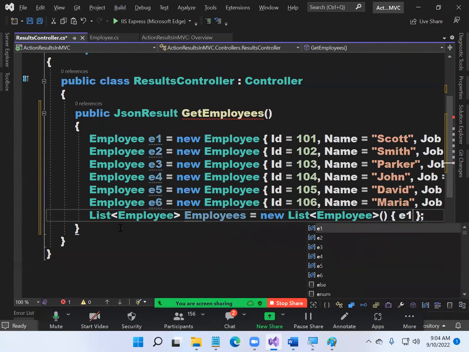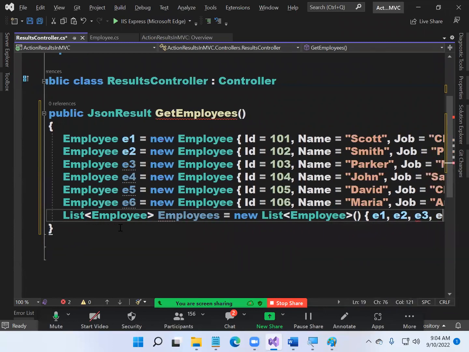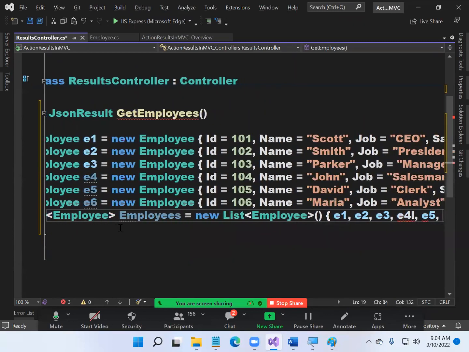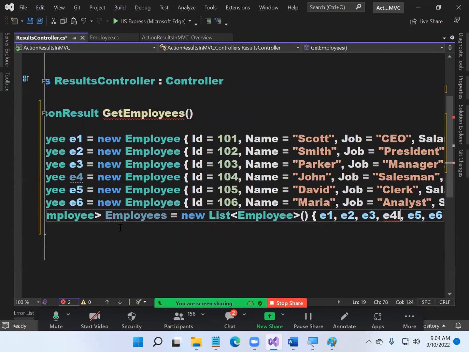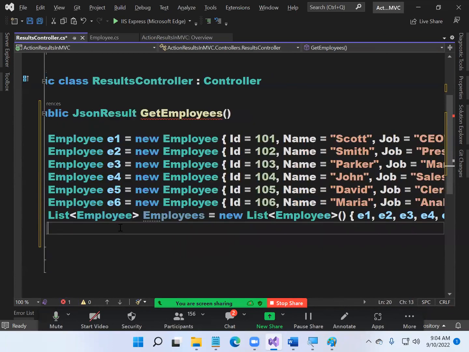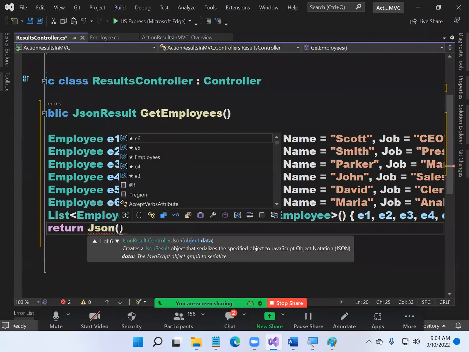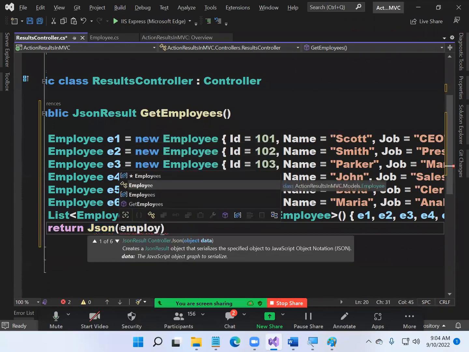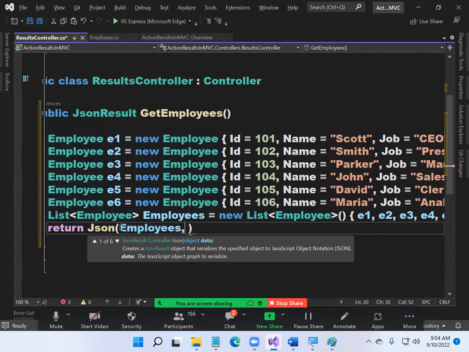What do you want to add? E1, E2, E3, E4, E5 and E6. Okay, now I can say return Json employees,